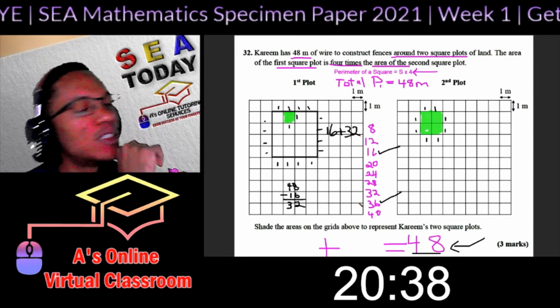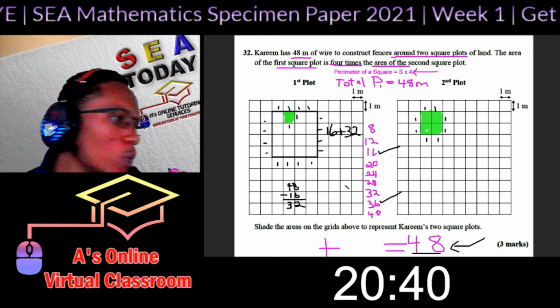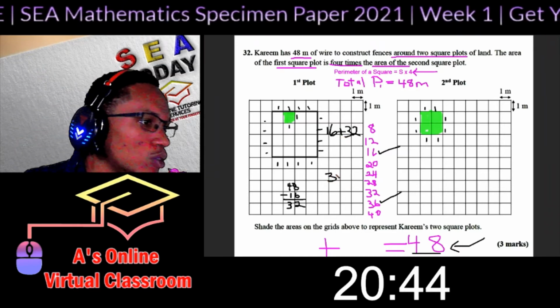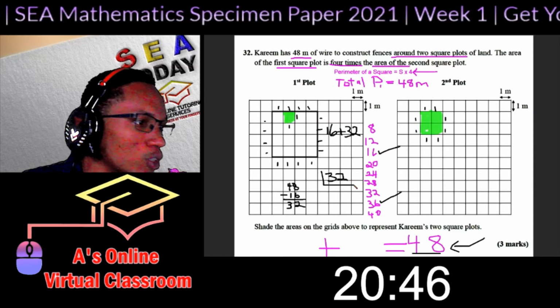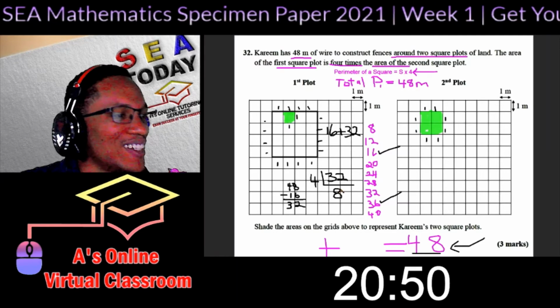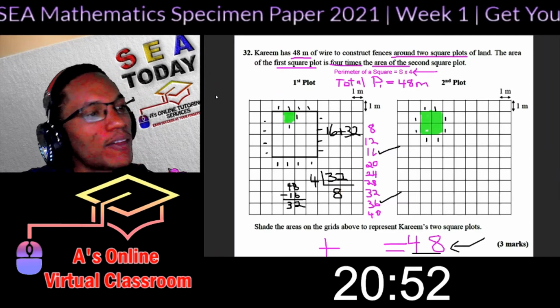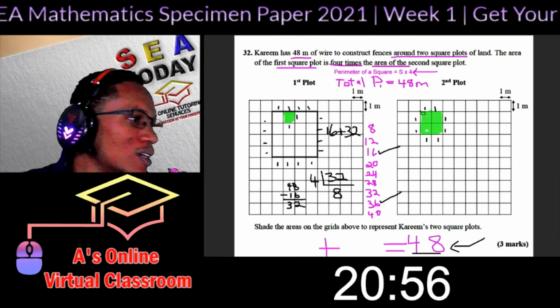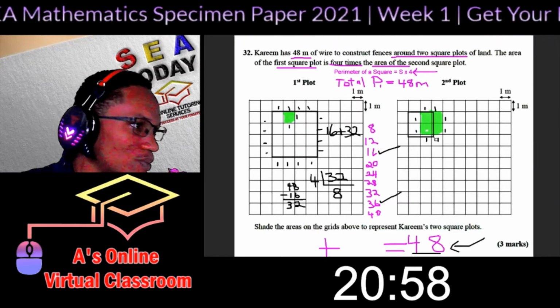But since it's a square we're dealing with, what we want is 32 divided by the 4 sides, which is 8. So the length of one side would be 8 squares,